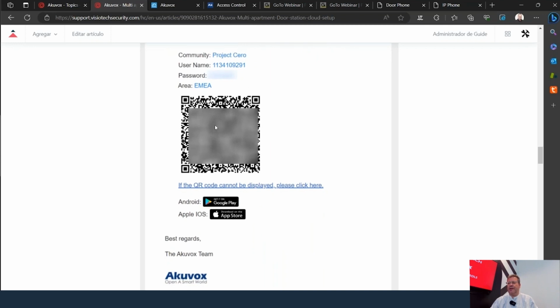What you do in the application is you open the camera and you scan this QR code and you're directly logged in. It's really user-friendly. It's super user-friendly. So if you have the big project, create your users, enter the email address, create a user. If the email address is correct,